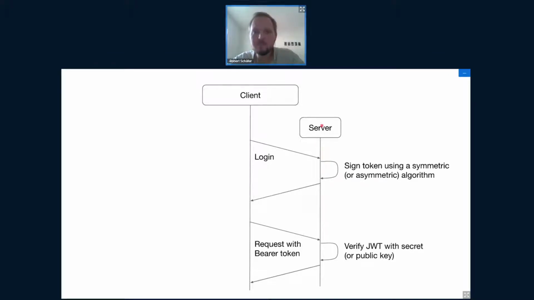And then the server creates the JSON Web Token and sends this JSON Web Token back to the client. And the client can then use that JSON Web Token for all subsequent requests and pass it along with the request. And then the server can verify the JSON Web Token. And if the server verifies it, the server just believes, all right, cool, this is an authenticated request, because the JSON Web Token is valid,